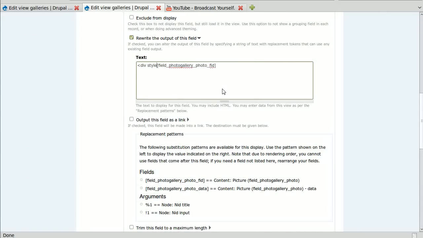Oops, we're not going to do div style because it won't accept it, but a line. Can help if I knew how to type today. Add a carriage return, and same thing with data. And we're going to go ahead and make this a header 4 just for fun. I don't know how that's going to turn out, but